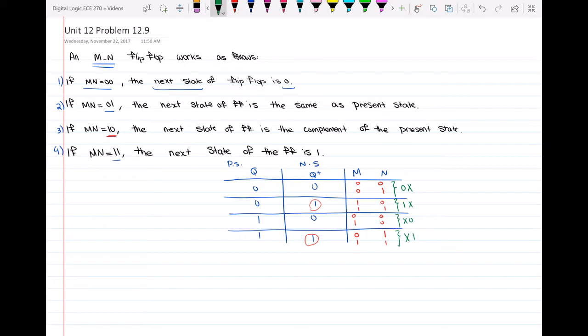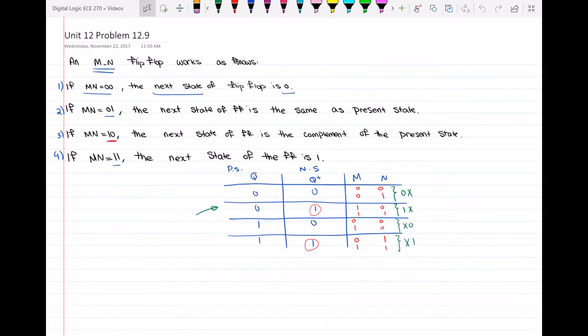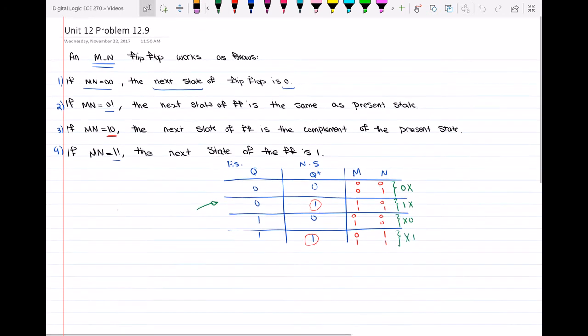Hello everyone. In the previous video, we had these statements being defined for the MN flip-flop, and then we used those statements to fill in this table here, which is the table for the present state and the next state of this MN flip-flop. Now, in this video, we will do the second part of this problem, problem 12.9, which says that using this table that we already have, it wants us to derive and minimize the